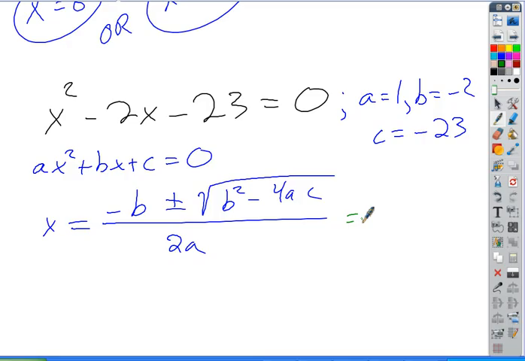If b is -2, what's negative b? 2. Yeah, it means the opposite of b. So we're going to get 2 plus or minus the square root